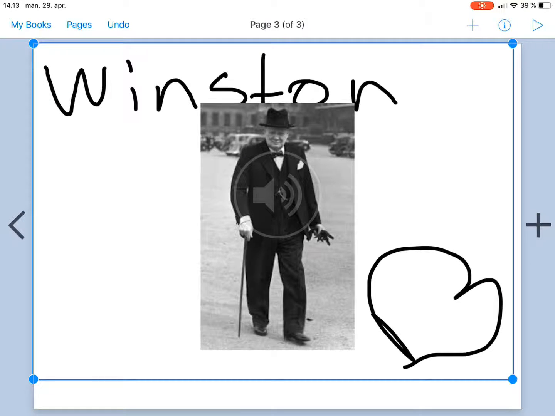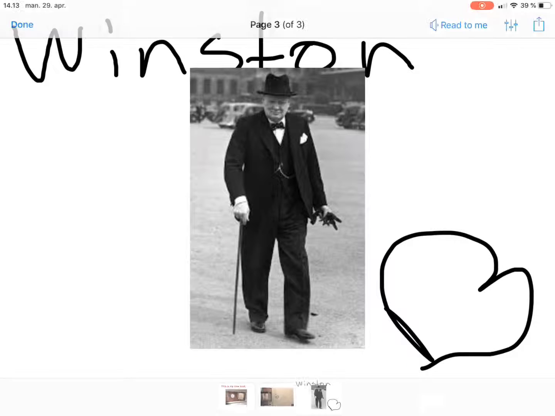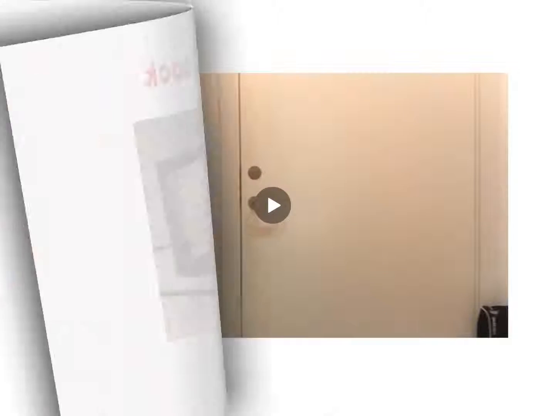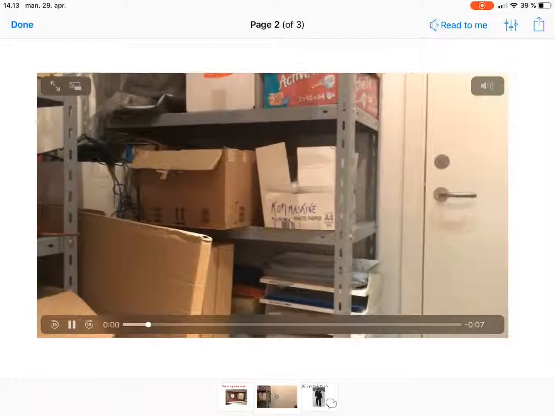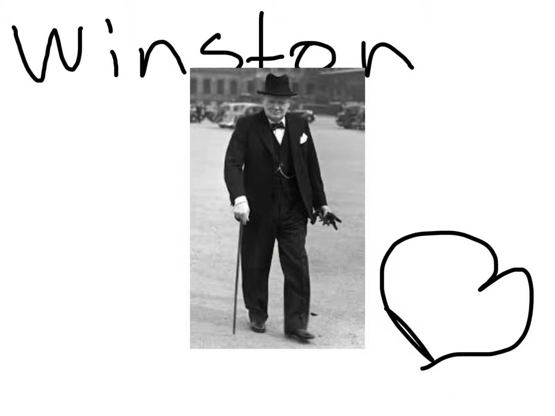But I can show you how it looks in iBooks by pressing the play button here up in the right corner. There you go. So now you can see this is my book, and I can go from page to page. Here was the video, and here's Winston Churchill, and you cannot see the audio button. But if I press him,